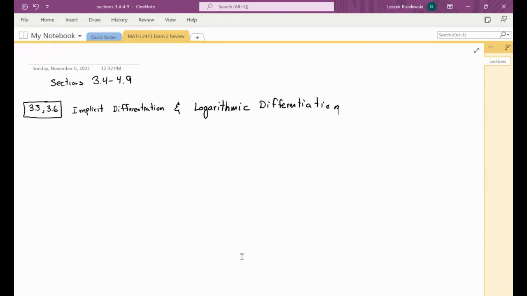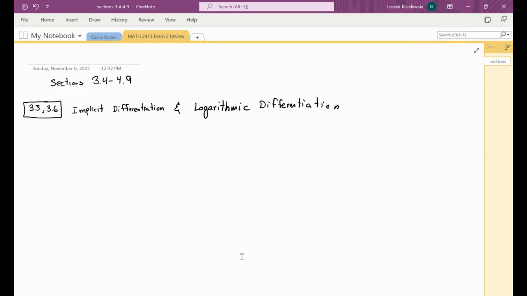All right, so this is exam 2 review. There's lots to cover. And so there's the chain rule, but we're going to be using chain rule throughout the review, so I'm assuming that's the easy part, and we can just skip over that, right? Okay. All right, so first we want to cover implicit